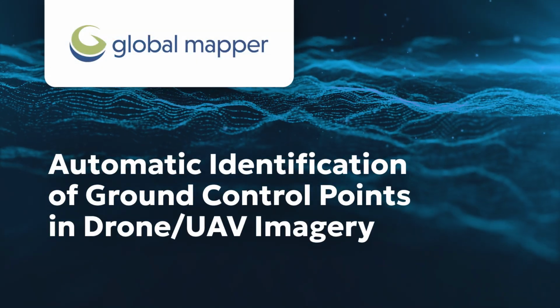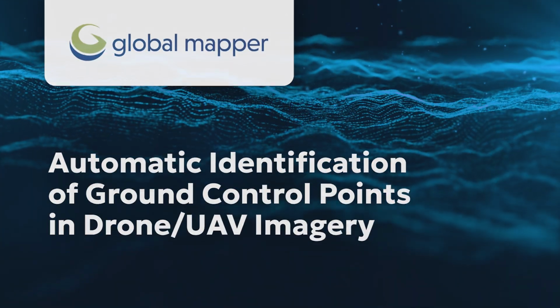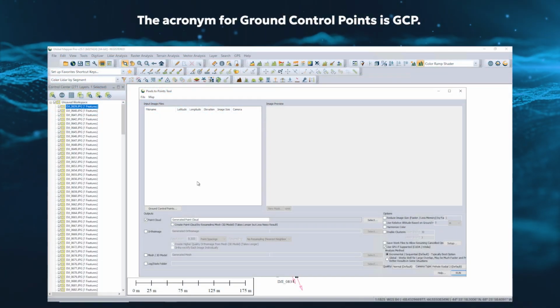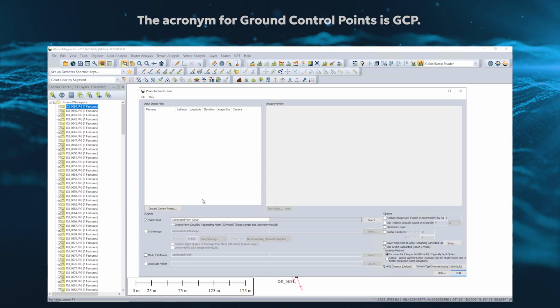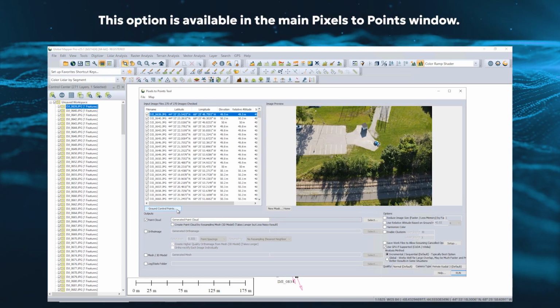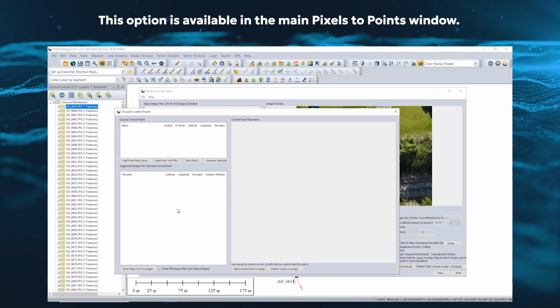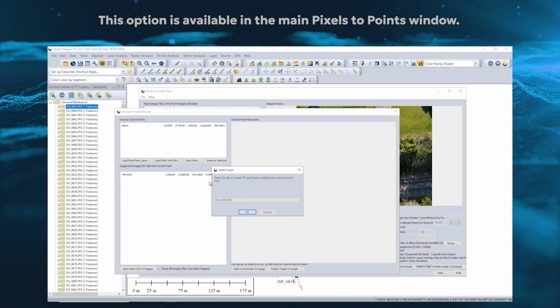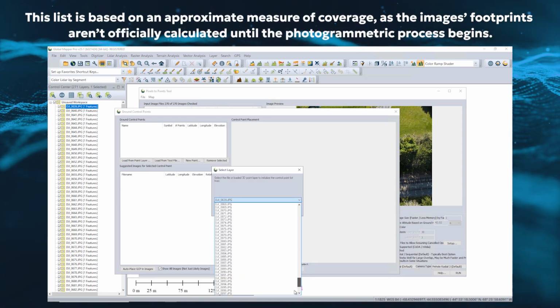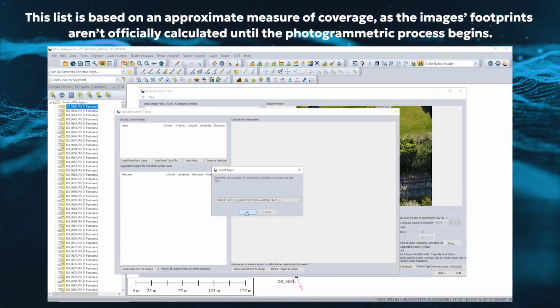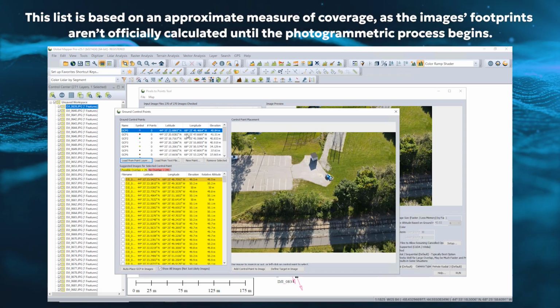A new tool in Global Mapper Pro version 25.1 can automatically identify and mark ground control points in images. After loading your images into Pixels to Points, click the Ground Control Points button to open the manager. Once your ground control points are loaded, Global Mapper will populate the suggested images list with images that overlap with